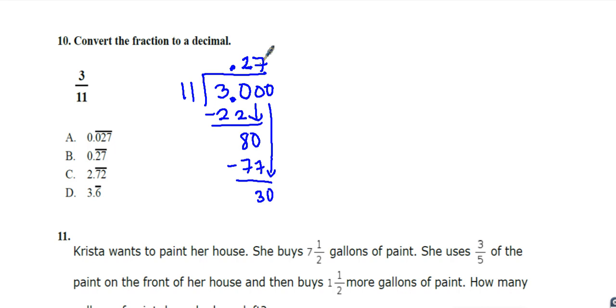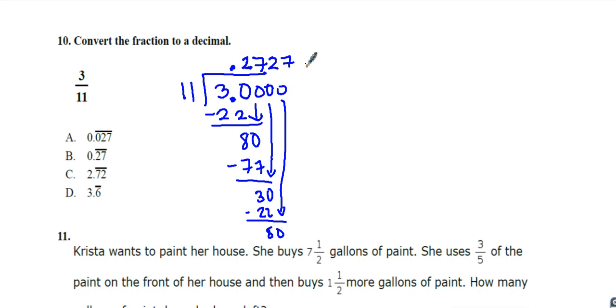So 11, because 11 goes into 30 2 times. And then 2 times 11 is, again, 22. And what happens here is I recognize a pattern. 0, bring it down, and there's 80. 11 goes into 80, again, another 7 times. So what you recognize at this point is that this is going to be